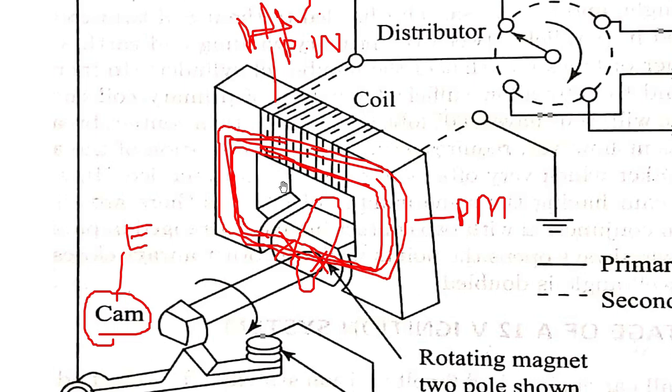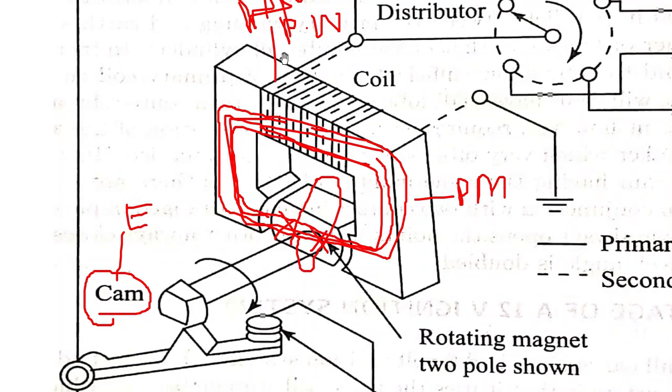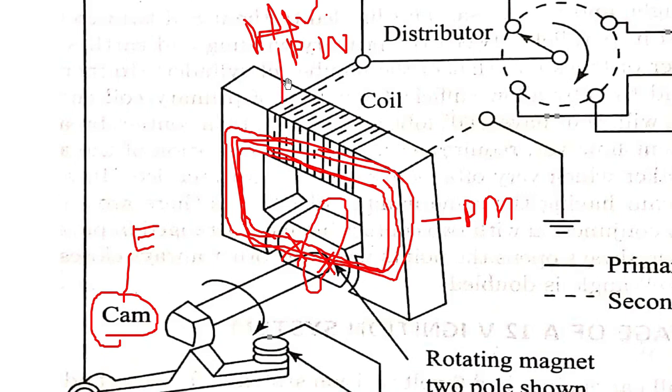But in case of a battery ignition system, at higher speeds of the vehicle, what will happen? The intensity of the current which is flowing remains the same. Here we'll find that when the speed increases, a very high voltage will be developed in the primary circuit or primary windings, whereas in the battery ignition system the same current, same intensity will be flowing, and when this capacitor is fully charged, then the current direction will be reversed. But this is not the case here.